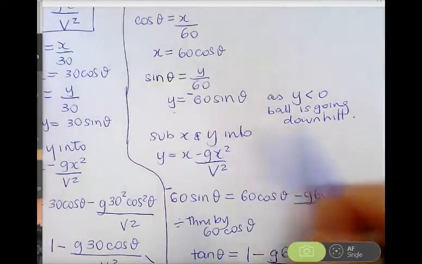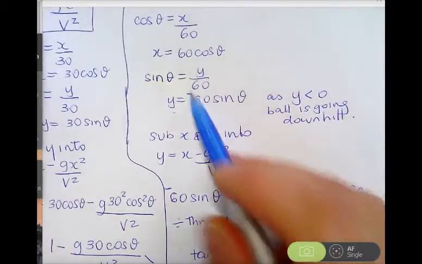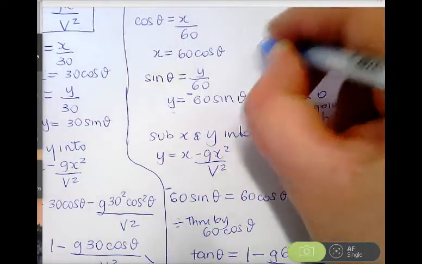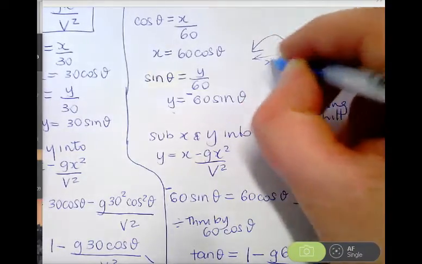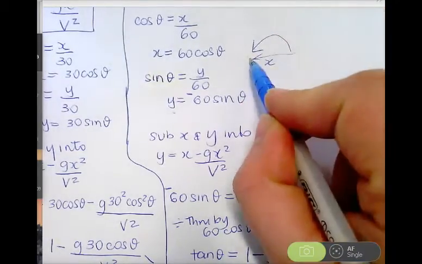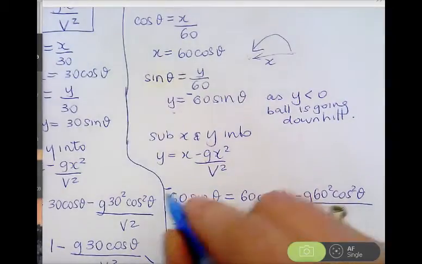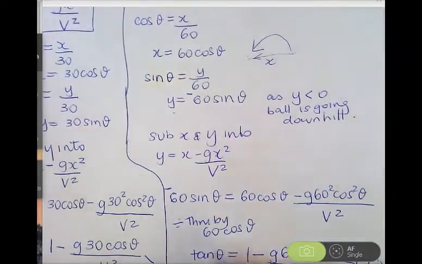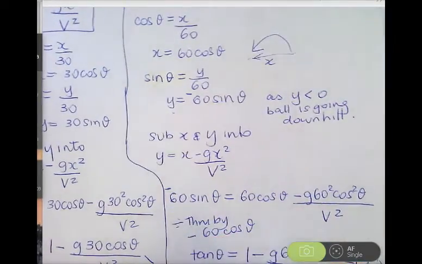So girls, y is negative as the ball's going down the hill, but the x is positive because he's throwing it that way and the ball's travelling that way. And when we work out x, it's that distance travelled there. So we've got negative sine 60 there, so we're going to divide through by negative cos theta. So we'll get negative tan theta,